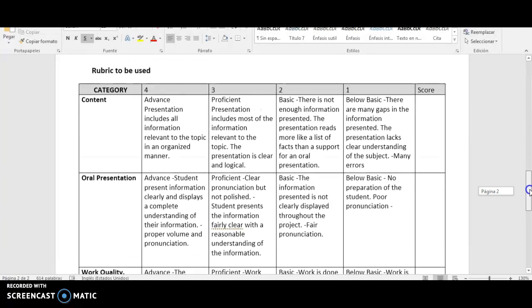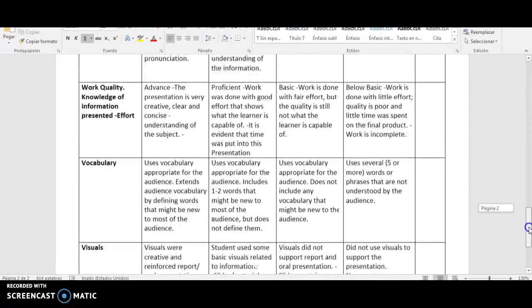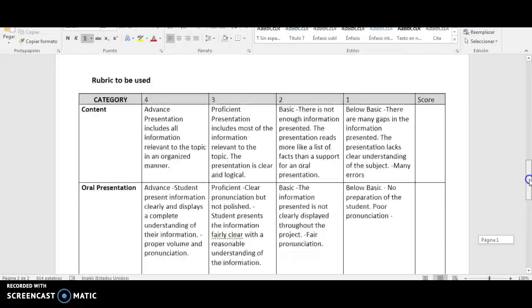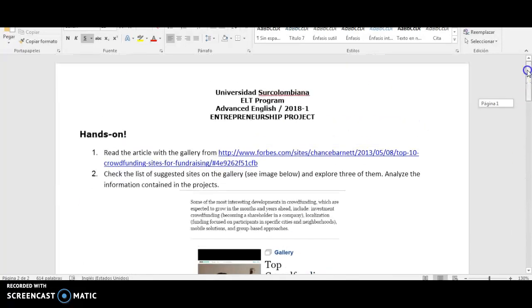This is going to be the rubric for your project, and I think that is pretty much everything I needed to say. So good luck on the project, and we'll discuss it again,